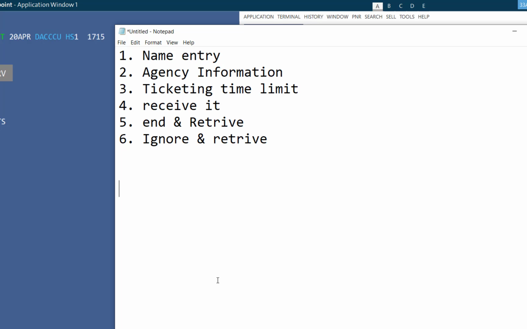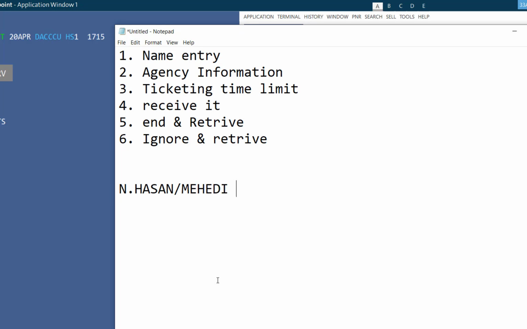So first of all you have to put N dot last name, passenger's last name. Let's say the passenger name is MEHEDI Hasan, so the last name is Hasan, first name is MEHEDI. You have to write it down as per passport. So first of all you need to collect the passport from the passenger, then put the name as per passport. Okay, then first of all last name, N dot last name, let's say Hasan slash